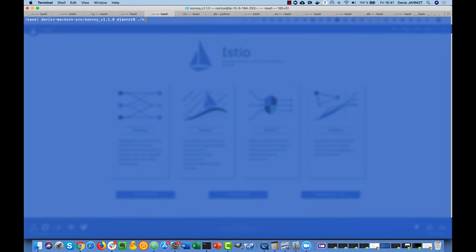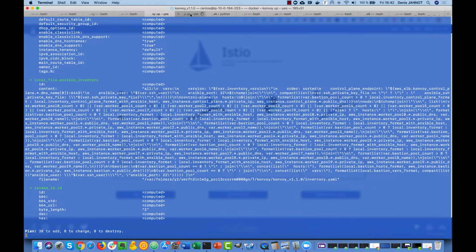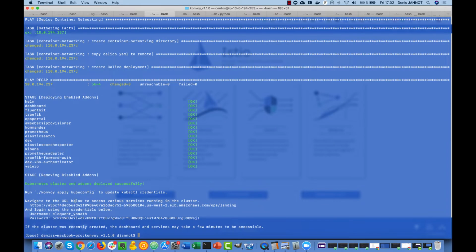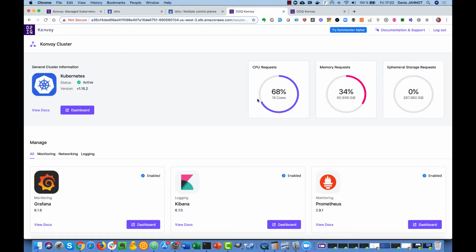So we just deploy Convoy clusters with the default value by running this command. Do that twice. Okay, so we now have our two clusters up and running, one here, one there, and we have also the UI there.